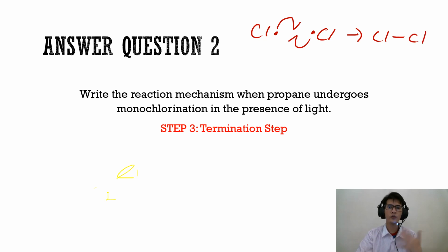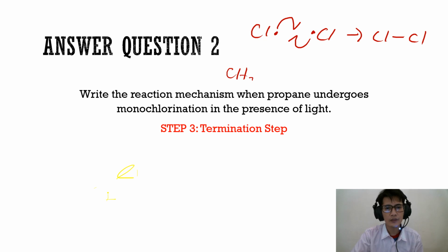Dia bentuk balik chlorine molecule. Okay, yang dah pecah tadi, dia jumpa sama-sama radical, dia bentuk balik chlorine molecule. Okay, so dia dah terminate, dah tamat kat situ. Unless kalau dia jumpa radical balik, barulah tindak balas berantai itu berlaku lagi. Ataupun dia jumpa dengan UV tadi, dia pecah balik. Alright. Selain daripada tu, we have